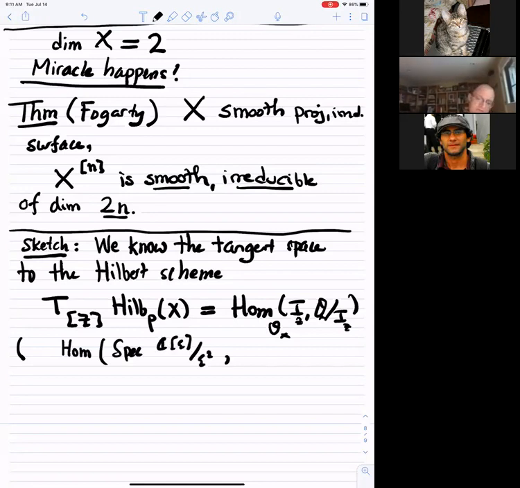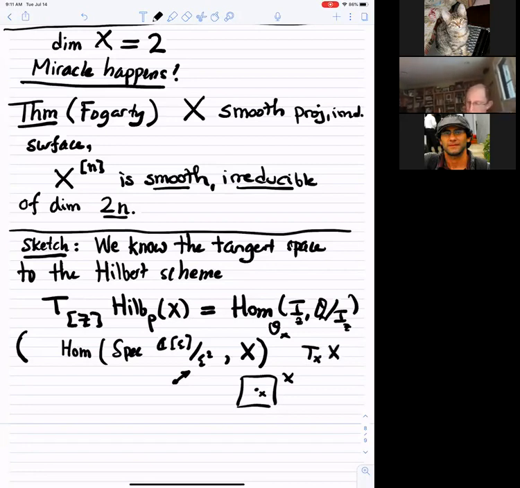very generally, if I had some X and I wanted to understand the Zariski tangent space at the point X, you look at Spec C[epsilon]/(epsilon squared) and homomorphisms from that to X. The way to think about Spec C[epsilon]/(epsilon squared) is that you can think of it as a point together with a tangent vector. So you look at those homomorphisms such that they take the point to the point X, and as you look at all such homomorphisms, what you get is the Zariski tangent space,